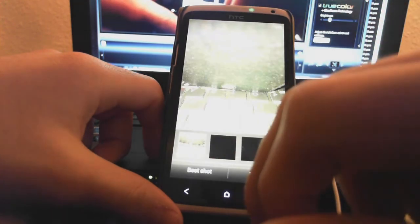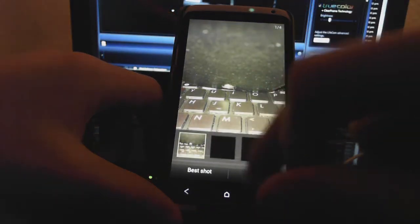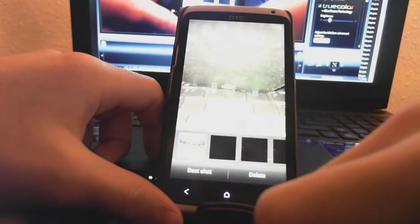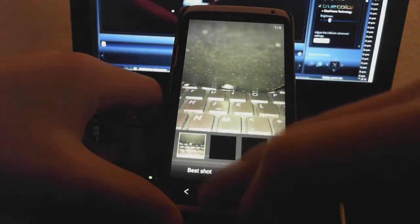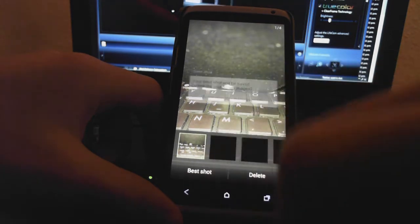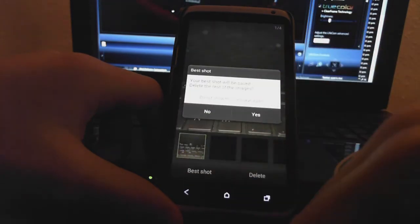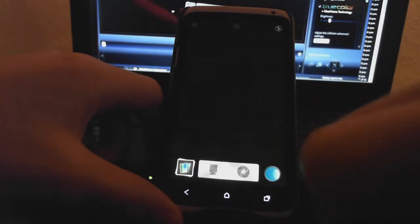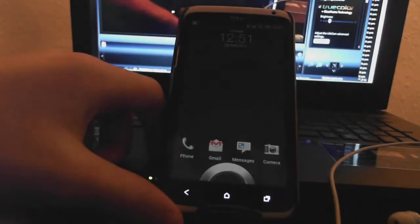The best photo, if we want to choose, I mean it only flashed once, so there's only really one particular one that we could use, so I could save them all if I wanted, or I could say, okay, yeah, best shot, let's keep that. And I think you'll agree that's a work of art. Your best shot will be saved. Delete rest of images, yes please. Also have the other quick